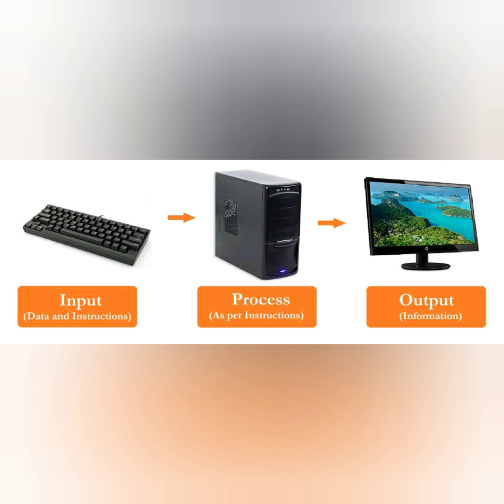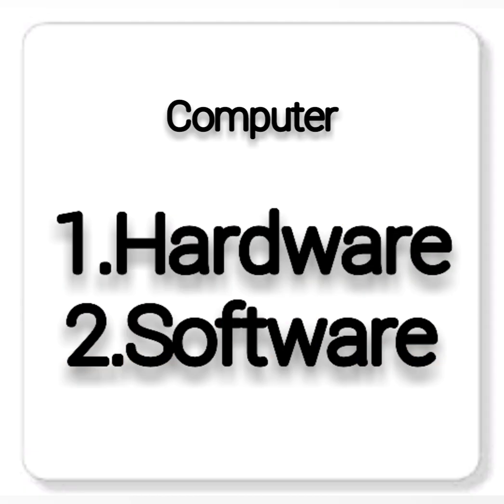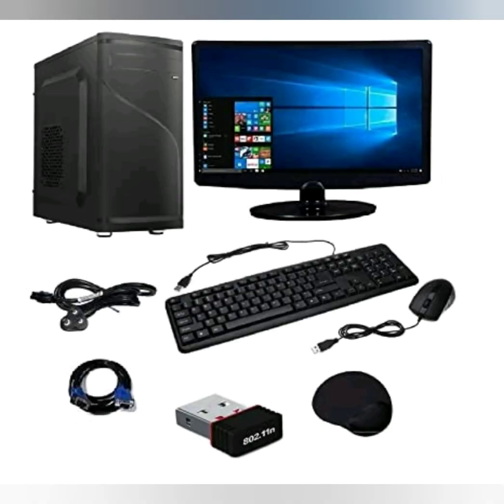What are they? What are the two major components of computer? They are hardware and software. So to make all the input and output devices work together, we need both hardware and software. Okay? In this session, we learn about what is hardware and its types. So children, what is hardware? Hardware is the physical part of computer. That is, any part that we can touch and feel is called hardware. Any physical part of computer that we can touch and feel is hardware.